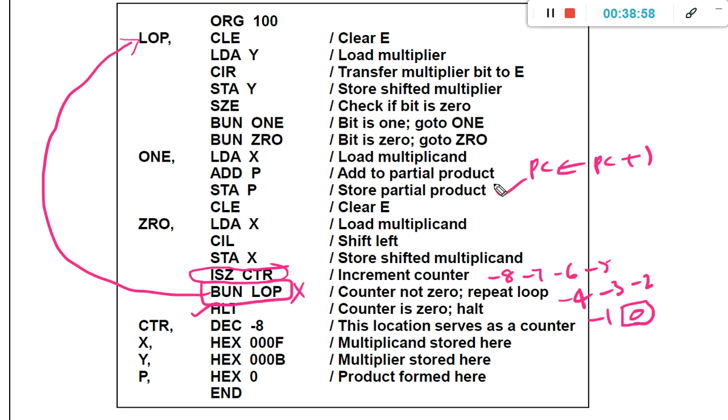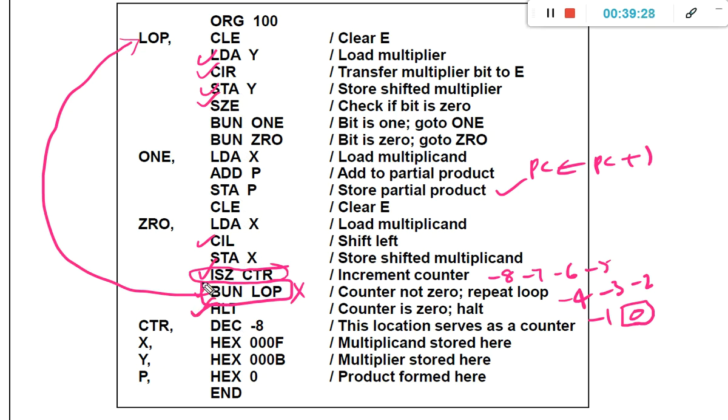If you keenly observe the code, it is not that difficult. The only thing is you need to know what is meant by LDA, STA, CAR, CAL, SZE, ISZ, BUN, and HLT.